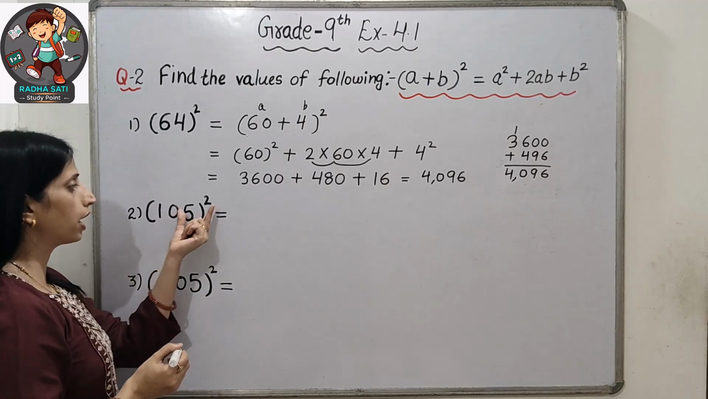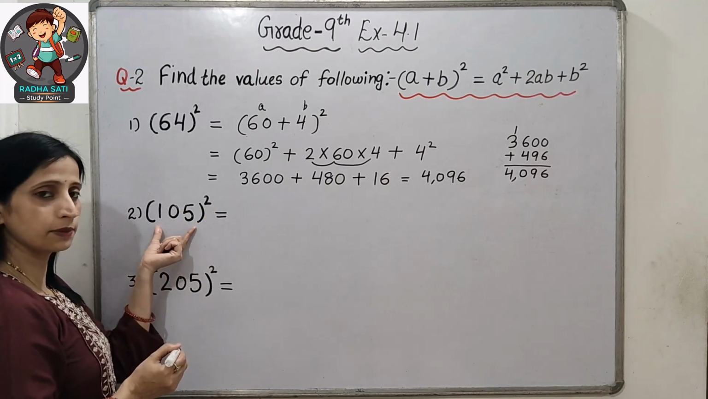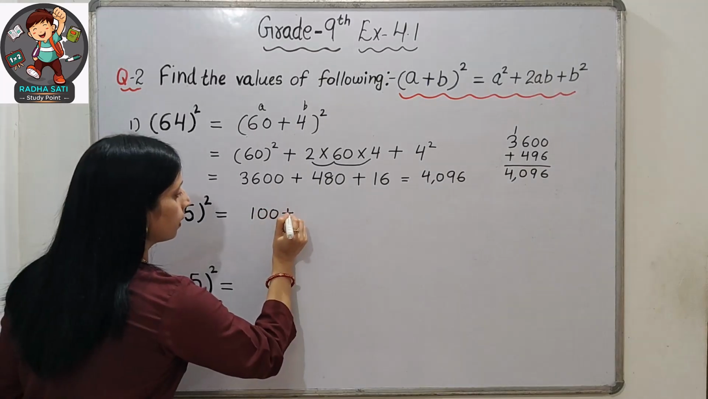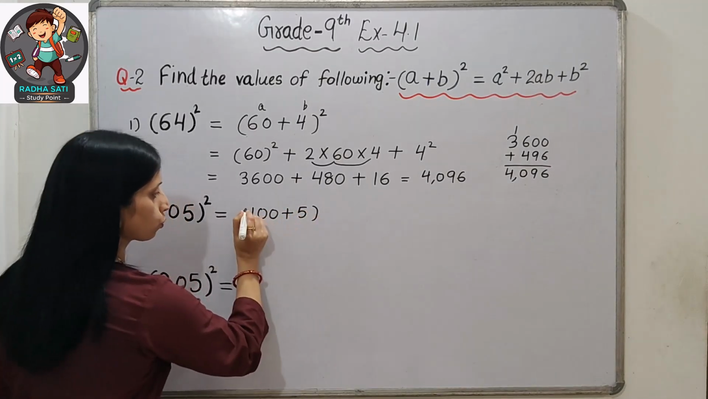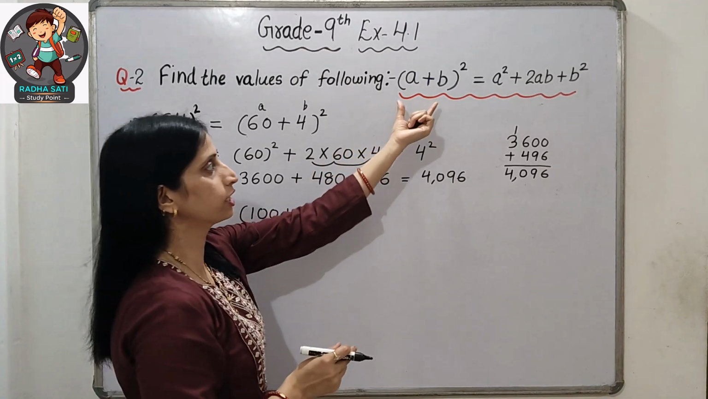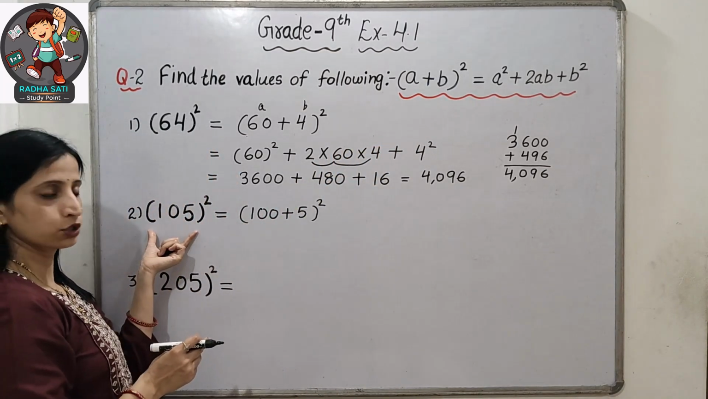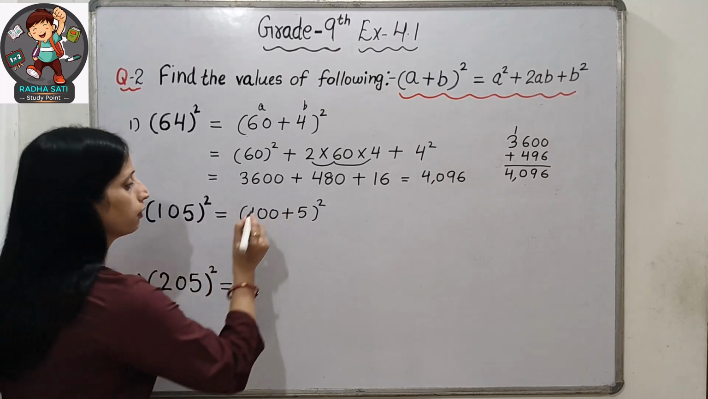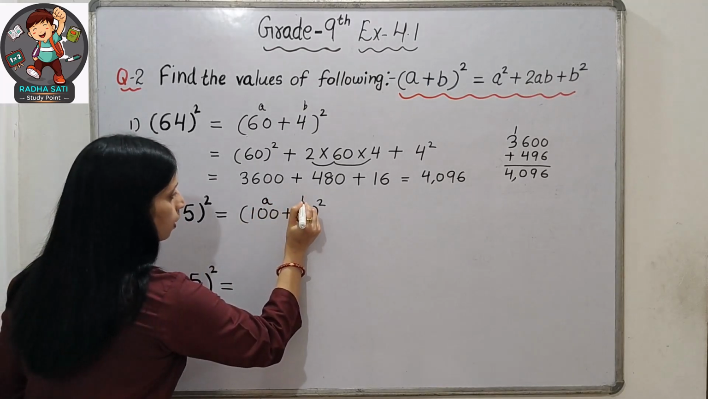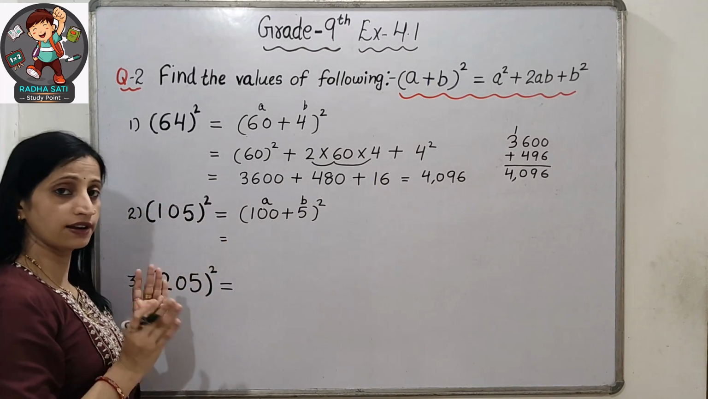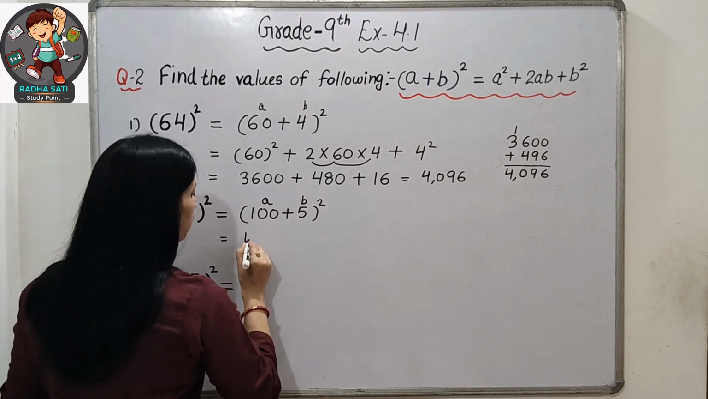Now it is 105 square. So 105 is near 100. So how can we break it? (100 plus 5) whole square. Firstly write it as an identity of a plus b. Break down the number so that we will get a plus b. What is a? 100. What is b? 5. Now the identity is simple: a square plus 2ab plus b square. Learn this identity. 100 square